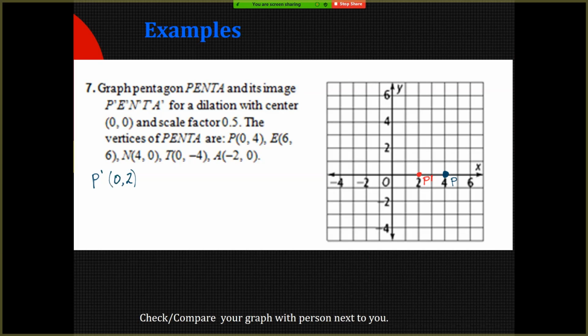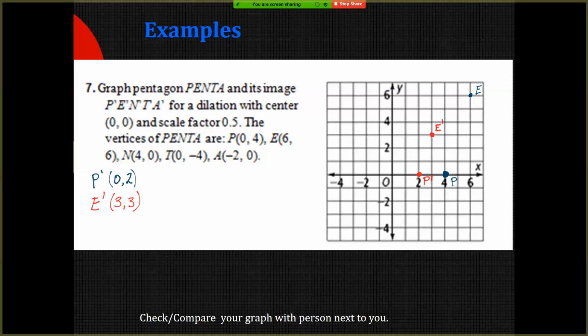Then I'm moving on to letter E. E is an ordered pair 6, 6. So there's 6, 6. I'm going to label it E. And then I'm going to find the dilation, in this case reduction, for letter E. So E prime is going to be the ordered pair 6, 6 reduced by a scale factor of 0.5. So 0.5 times 6 is 3. So I'm going to have the ordered pair 3, 3. And again, I'm going to label that E